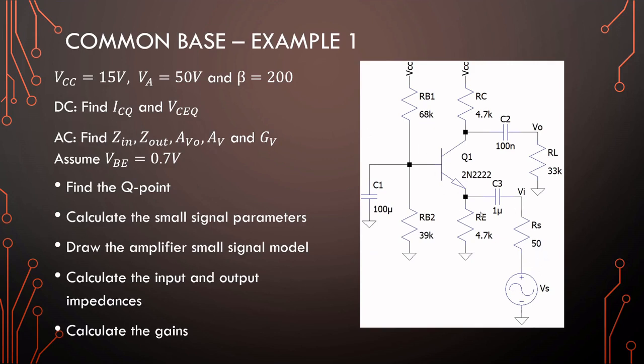The common base typically has a very small input impedance, we will see in our analysis, but the common base has a very large bandwidth. And with high frequency systems, you're usually doing input and source matching and stuff like that. So the common base is a very good amplifier used in high frequency applications,